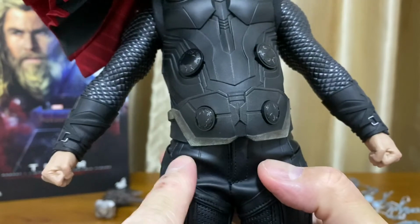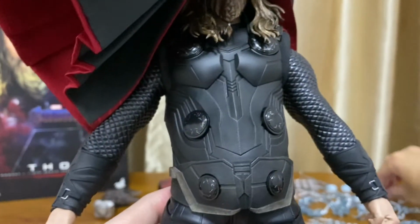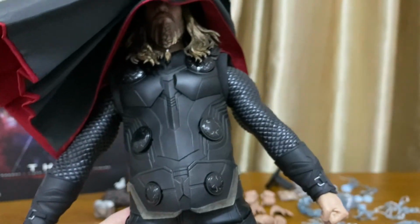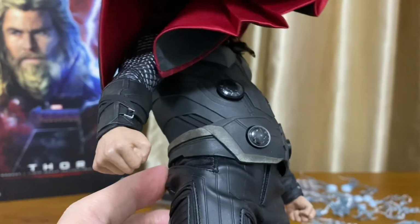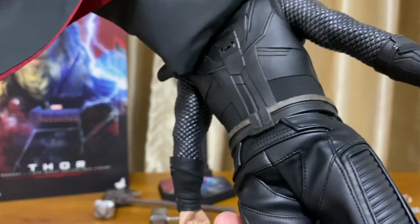So in case you don't already know, you can always remove this and put it with one of these lightning versions on the figure. Yep, so these are like buttons. You can remove them and replace them with the piece just now. So you can look overall, all around, great